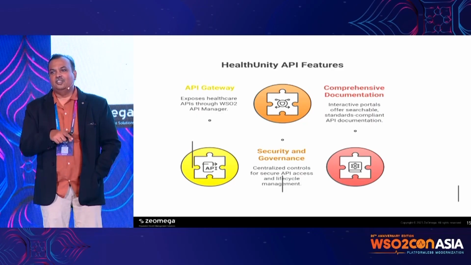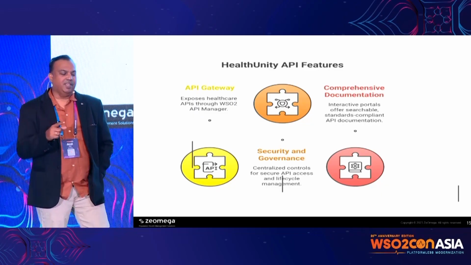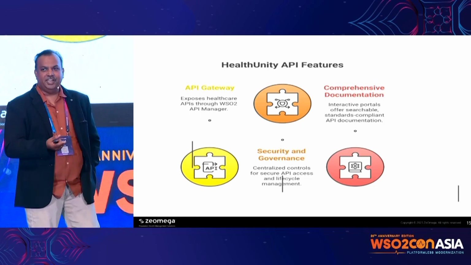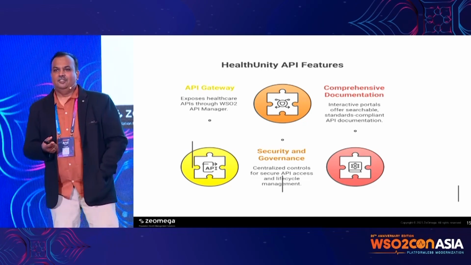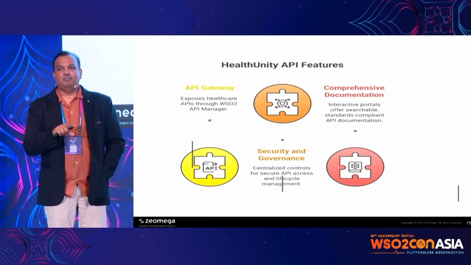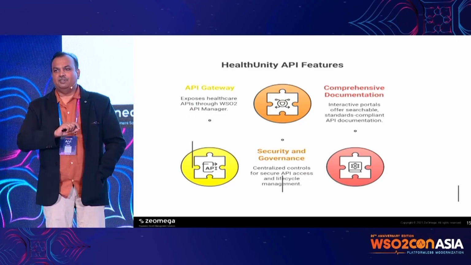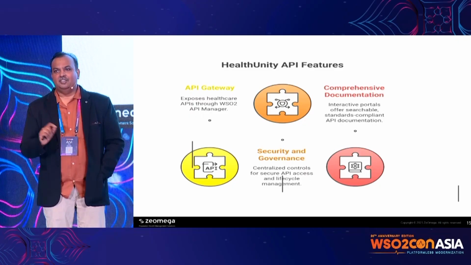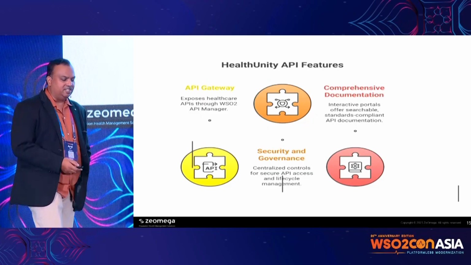Also, WSO2 has the capability of supporting multiple JDKs. Some clients want to use Oracle OpenJDK, and some clients want to use Amazon Corretto. So that is another flexibility we have on this platform, right? With the help of this automated way and the flexibility of having different configurable components, we are able to use this feature seamlessly.